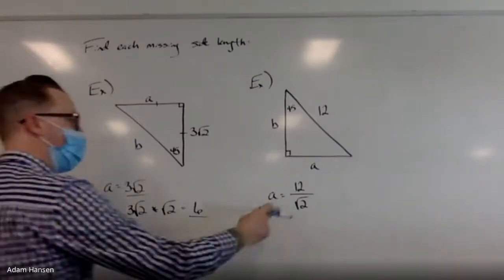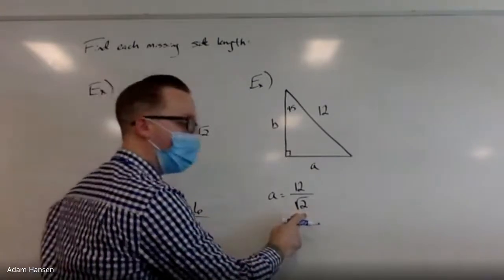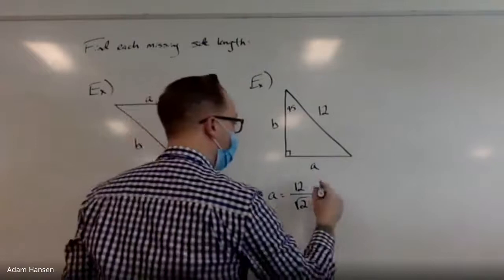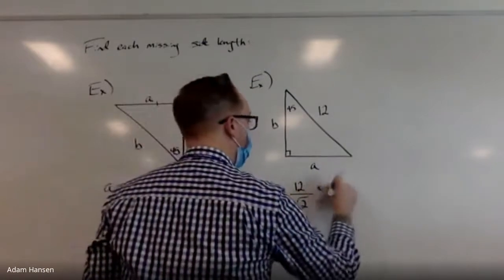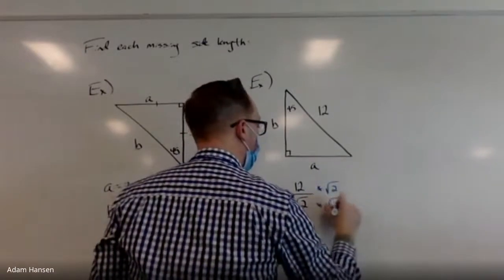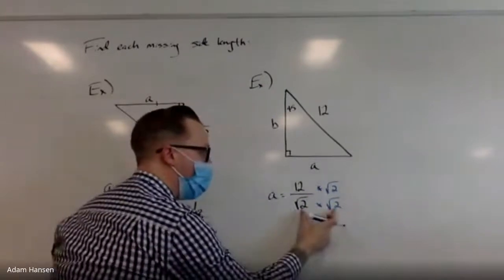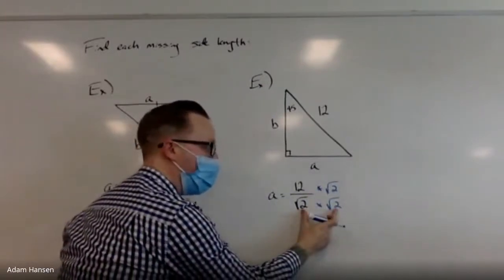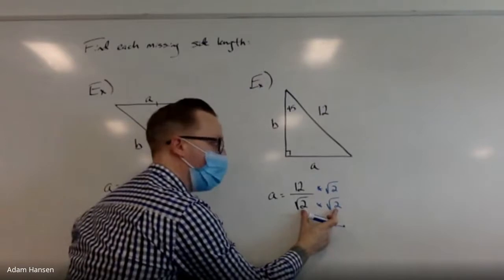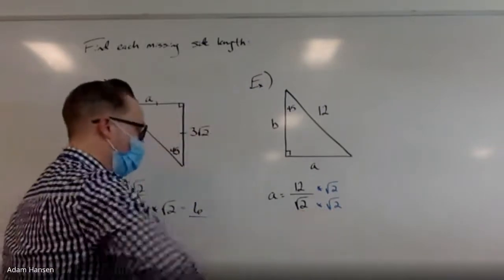How do I get rid of the square root of 2 in the bottom? What would I have to multiply by? 2. Close. Multiply by the square root of 2. Because like Luke said, when I take the 2 denominators and multiply them together, what's the square root of 2 times the square root of 2? 2. So this would be